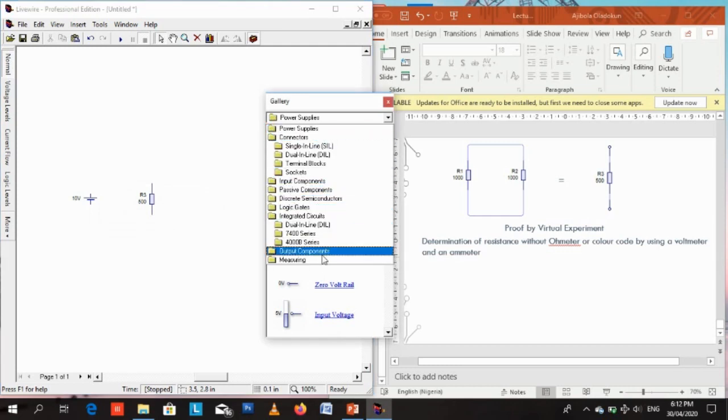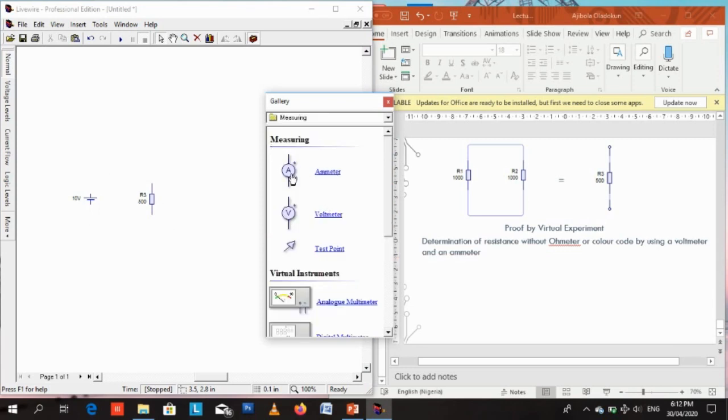Let's get an ammeter. Now we said we want to use an ammeter and a voltmeter to determine the resistance of a resistor, so we need an ammeter for that, definitely. So let's connect an ammeter to measure the current through. Remember we stated before that you measure current through and you measure voltage across a load. You measure current through a load and you measure voltage across a load. So we connected the ammeter so it will measure the current through the 500 ohm resistor,